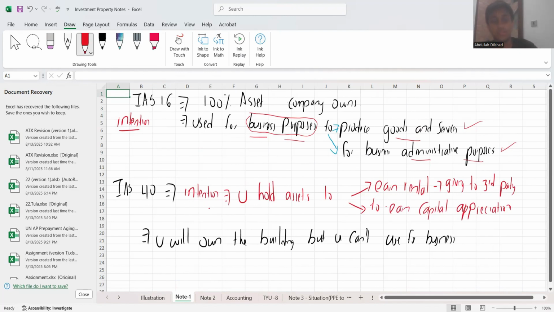What happened was simple. The intention changed. In IAS 16, your intention was to use that asset for your business purposes. IAS 40 came up with: if you have an asset with the intention of